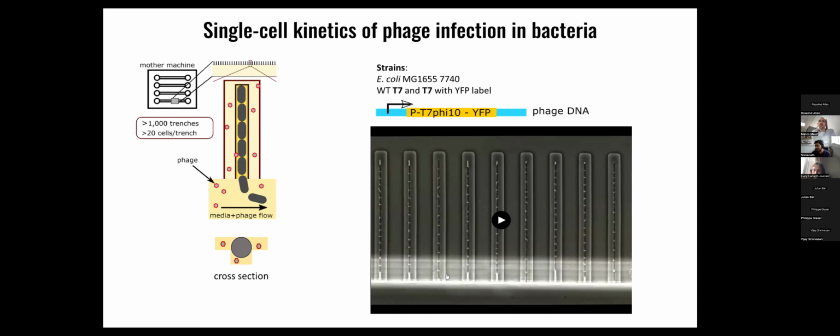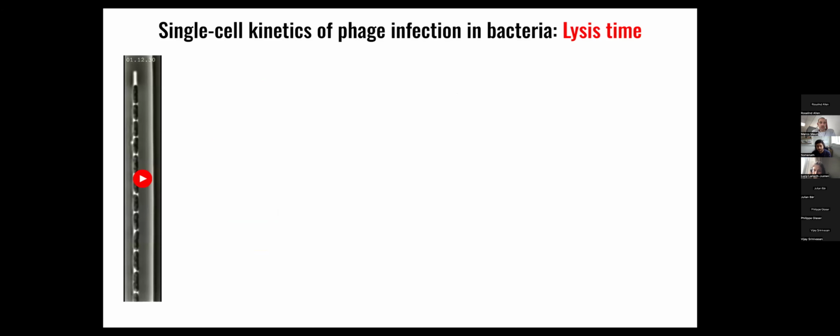So this assay can be nicely used to study heterogeneity, but also to screen different types of knockouts in the same bacteria. That was a really fast movie, but I'll play it slowly for you to be able to follow the steps. I think this is the cell that's going to be infected first here. It becomes really bright yellow due to the expression of the capsid marker. Lysis produces phages, which then go and infect all the other cells in the trench. And then, stochastically, the cells just pop over time.